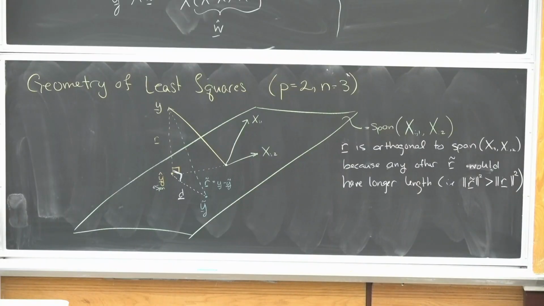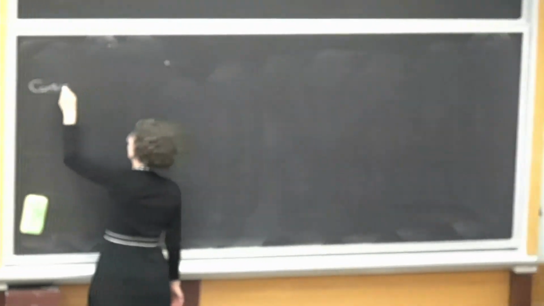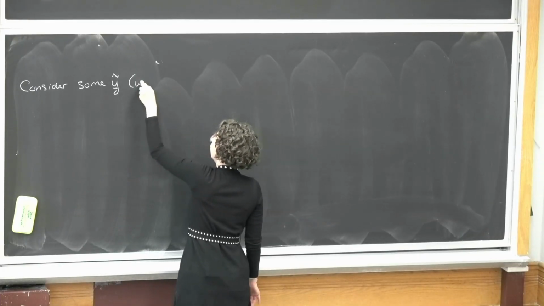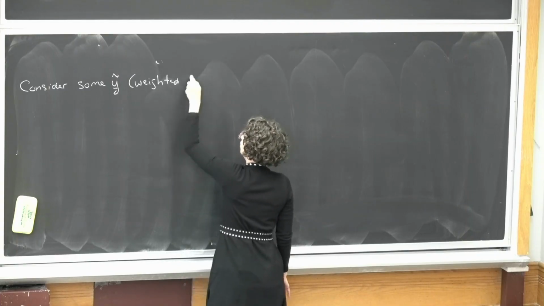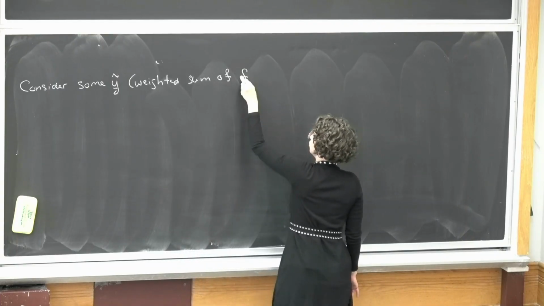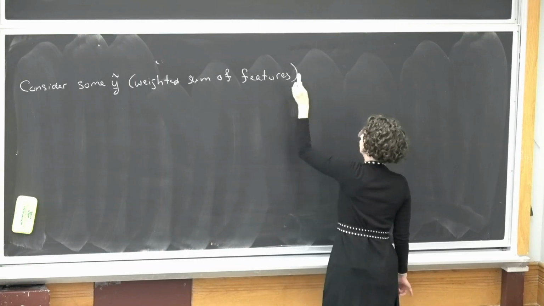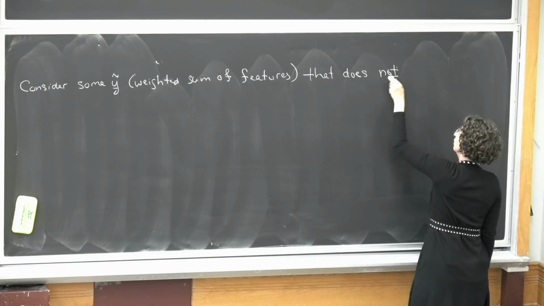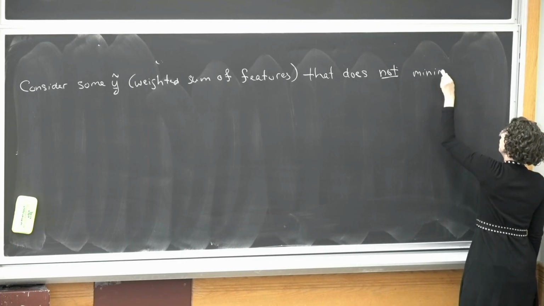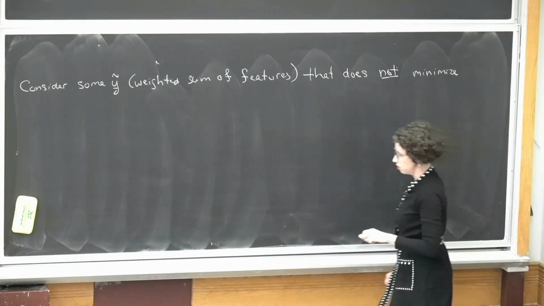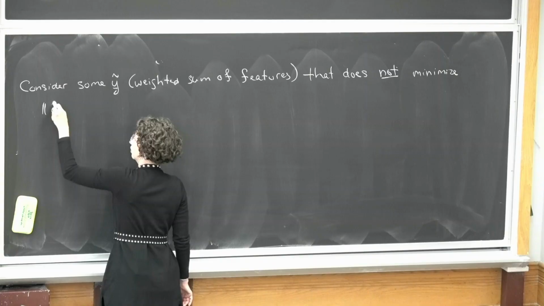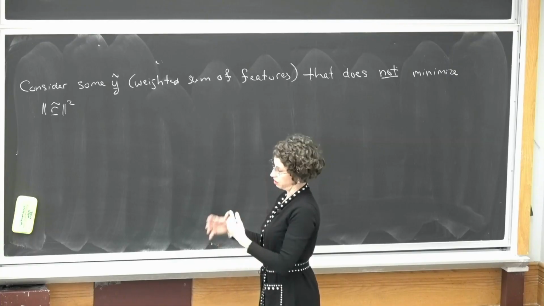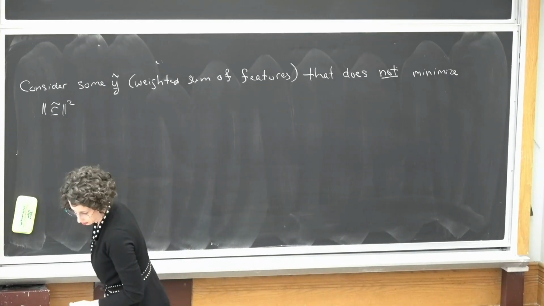And so if we were to consider some y tilde, some other weighted sum of the features, that does not minimize the sum of squared residuals, so I'll just write this as does not have minimum r tilde norm. In that case,